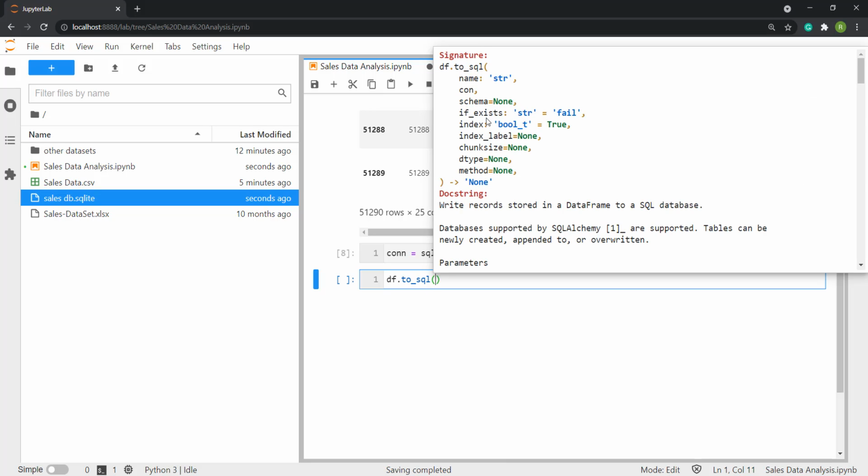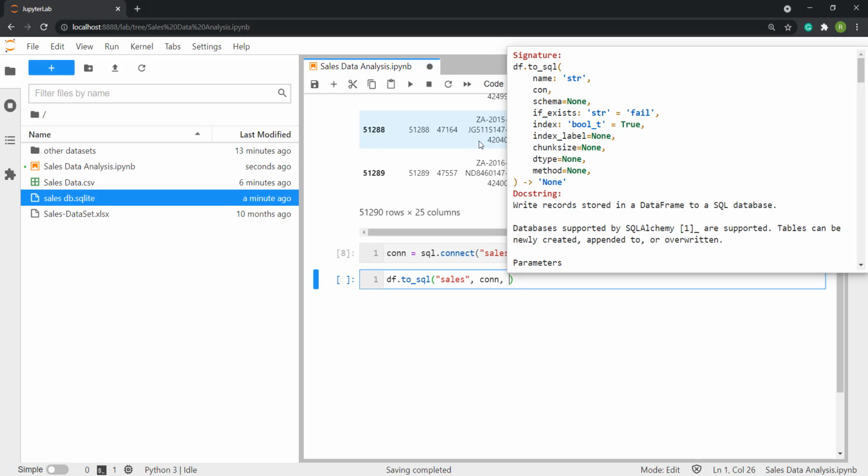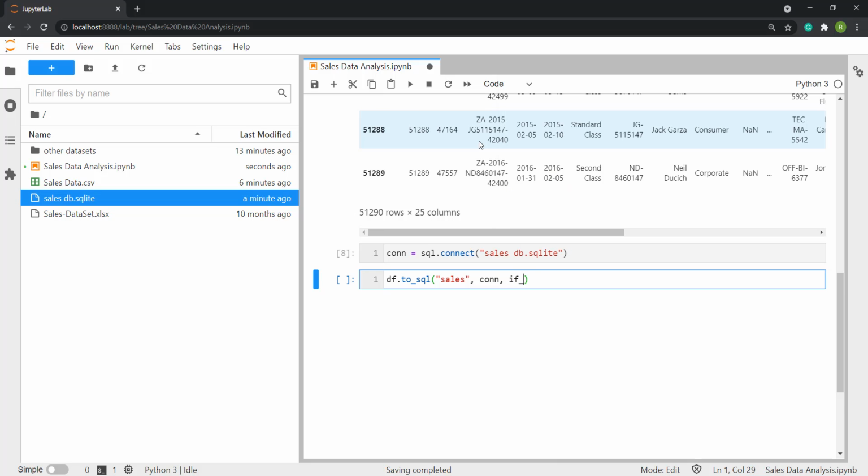in order to save the data, we have to provide the name of the database. We have to provide the connection. And the table that we are going to use will be the sales table. And here is the connection that we have. And what happens if the table is already there? So, if exists,